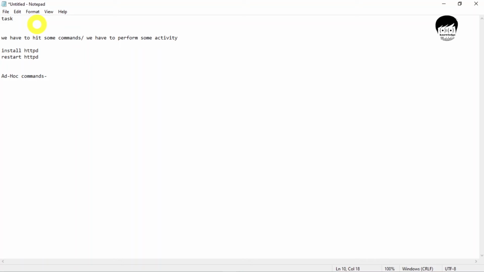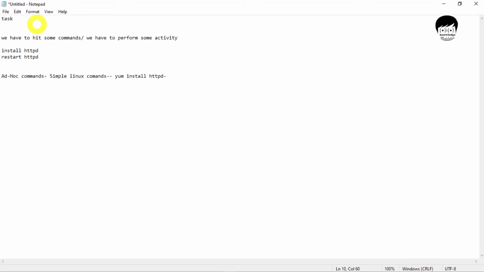Ad hoc commands means simple Linux commands, like when we enter install httpd package. For that purpose we enter yum install httpd, or similar commands which come under ad hoc commands.